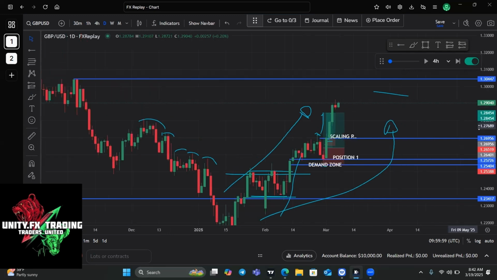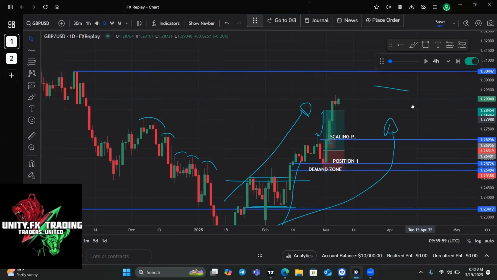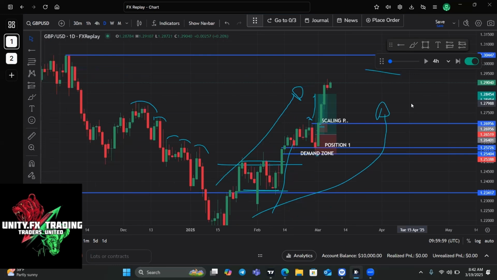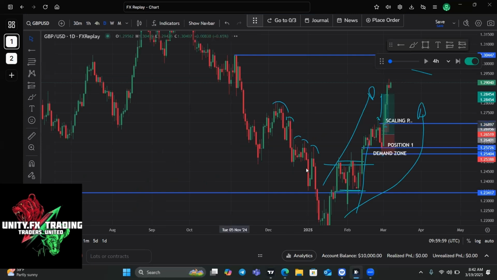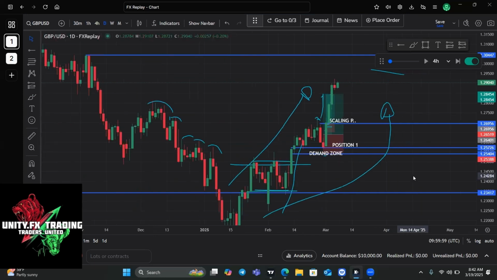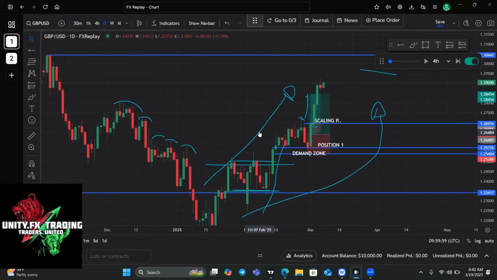So yeah, guys, this is the overall breakdown of GBPUSD: demand, breakout, demand, breakout, demand, breakout, all day, every day, guys, doing the same thing, moving from demand to supply, demand to supply, demand to supply. As you can see here,